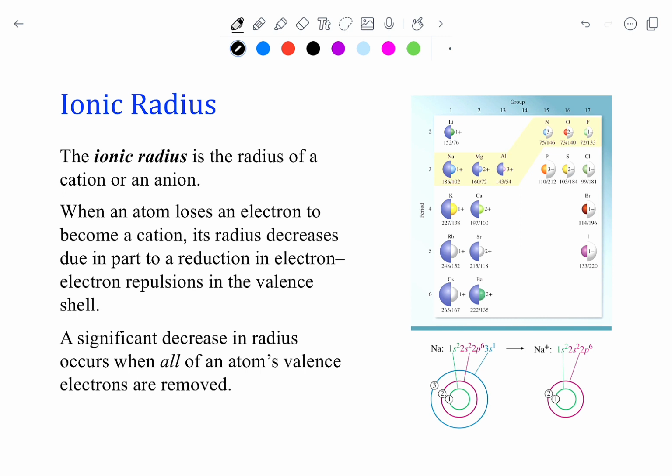affect the radius? Well, the ionic radius is the radius of a cation or an anion. When an atom loses an electron to become a cation, so if we're creating a cation, so we're looking specifically at this portion of our periodic table in our image here, so all of our metals, group 1 and 2, as well as some in 3A, when we're forming a cation, the radius decreases because we're taking away one of those shells, one of those